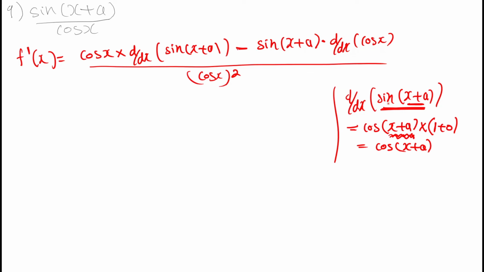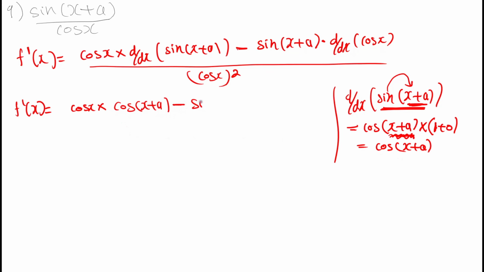Clear? See, d by dx sin of (x plus a) means first write the derivative of sin x form. The derivative of sin x is cos x, in place of x substitute x plus a. Then into, continue the derivative of the term inside the bracket. The term inside the bracket is x plus a. The derivative of x is 1 plus the derivative of a is equal to 0. So that you will get cos of (x plus a). So substitute, f dash of x is equal to cos x into, see, the derivative of sin of (x plus a), I got it as cos of (x plus a)